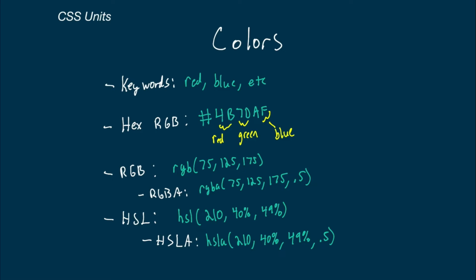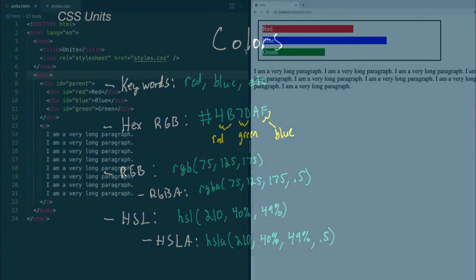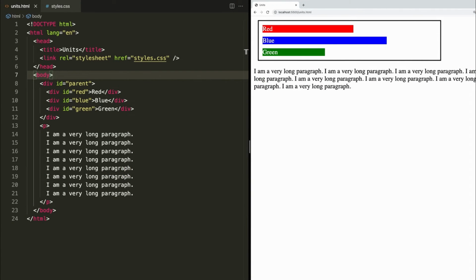Now, as for the right format, it's really up to you. Hexadecimal tends to be the most common, but personally, I find hexadecimal hard to interpret. It's hard to understand the meaning of it. However, the RGB values or the HSL values can be a little bit easier for a human to just read the name of the color and understand what it might look like. But again, it's up to personal preference, and the one thing I would say is make sure you're being consistent, at least within one project. So you don't want to have one CSS file with multiple styles of color because that can be a little bit confusing to read. And with that, let's move over to the code